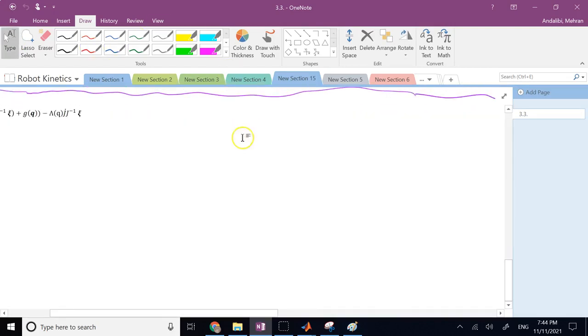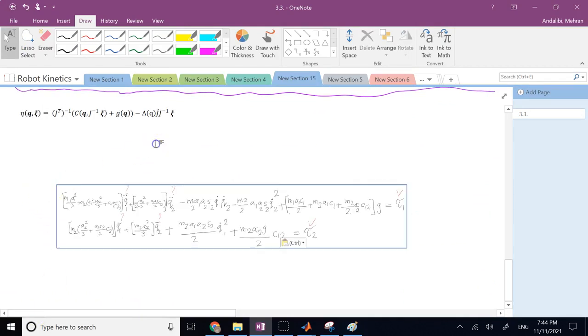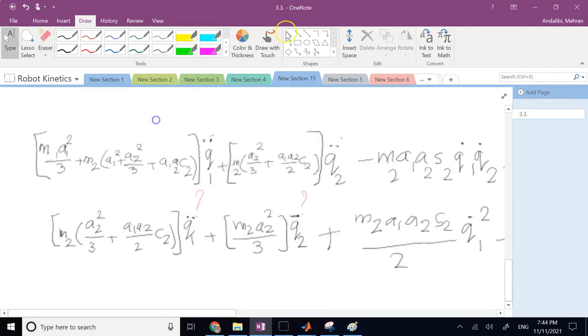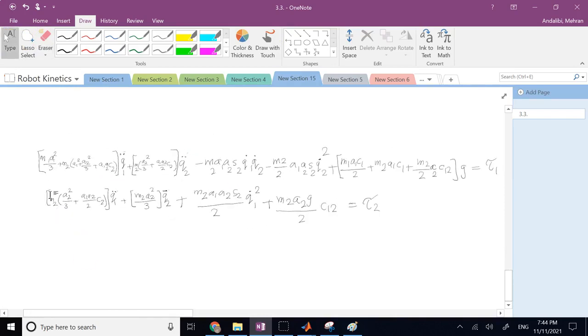So let's bring it down here. These are my equations. Let me do a little bit of cleanup on them. You have to be a little bit close to them to do a good job. Good. So now what I need to do, my A transpose in this case